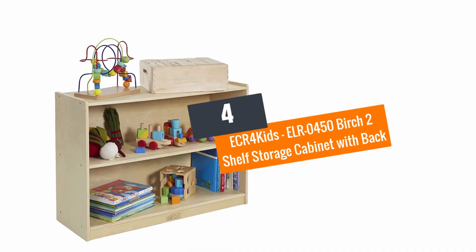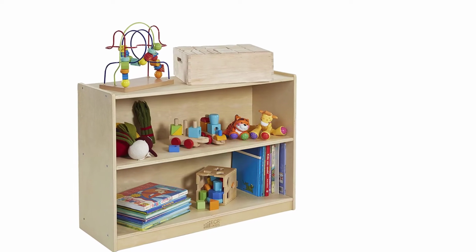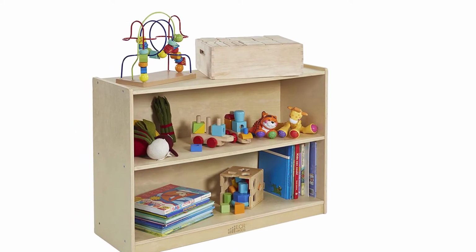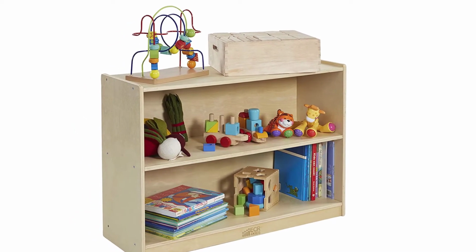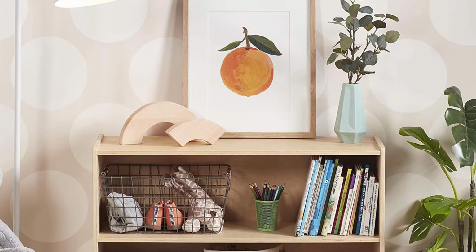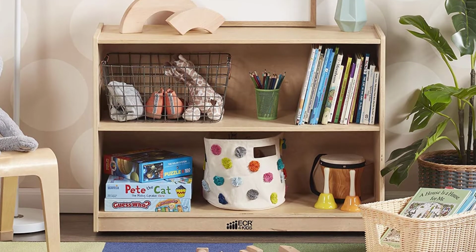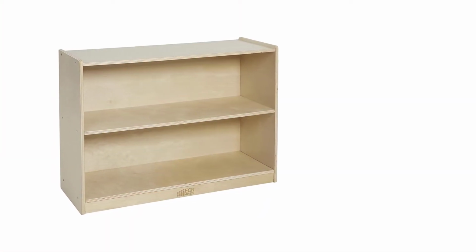At number 4. ECR 4Kids ELRO 450 Birch 2 Shelf Storage Cabinet with Back. This is a multifunctional bookcase ideal for organizing kids' books and toys in the room. The unit may only have 2 shelves, but they are quite wide to accommodate multiple books and other essentials. It is crafted with the open shelves design so the kids can have an easy time accessing their books or